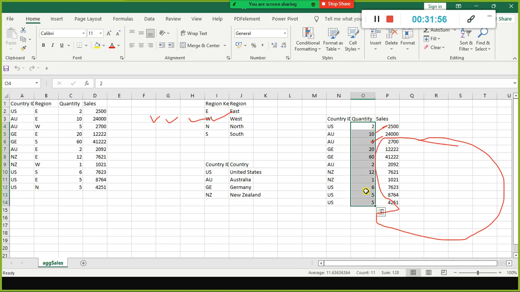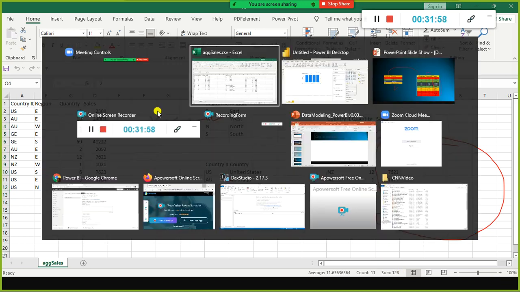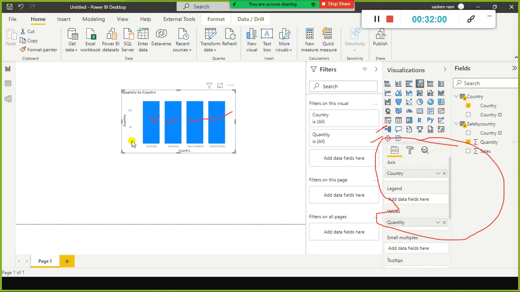It sums all the values and displays 128 for all of them. So the total quantity sold is common for all of these. This is not the correct one, right? The number of units sold in Australia, Germany, and other countries are different, but it shows the same thing.